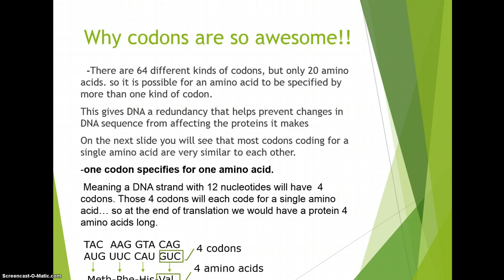Okay, alright. There are 64 different kinds of codons, but only 20 amino acids. So it is possible for an amino acid to be specified by more than one kind of codon. This gives DNA a redundancy that helps prevent changes in the DNA sequence from actually affecting the protein that it makes. So that means if one little nucleotide gets changed by accident because DNA polymerase isn't doing its job right,